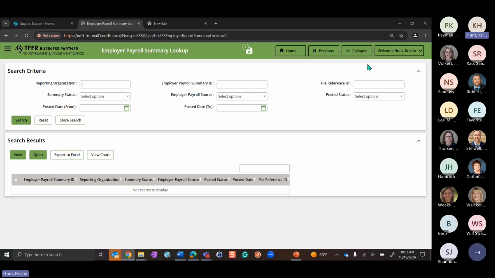The way you want to think about it, if you're thinking about it manually or just at all, is that we start with a summary and then a header gets created and then a detail. It drills down as you go: you start high level and it gets more detailed as you go down. That's how I think of these payroll records. So what we need to do is create a new summary. In order to do that, we can come here and click the new button.